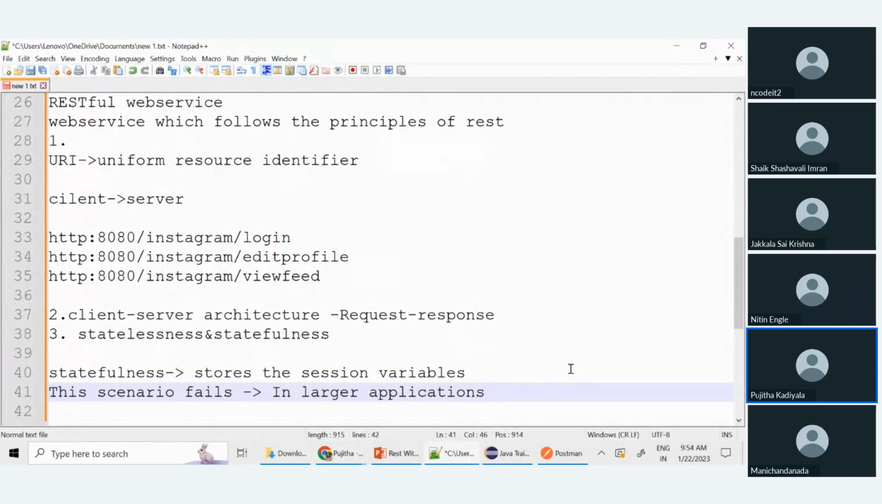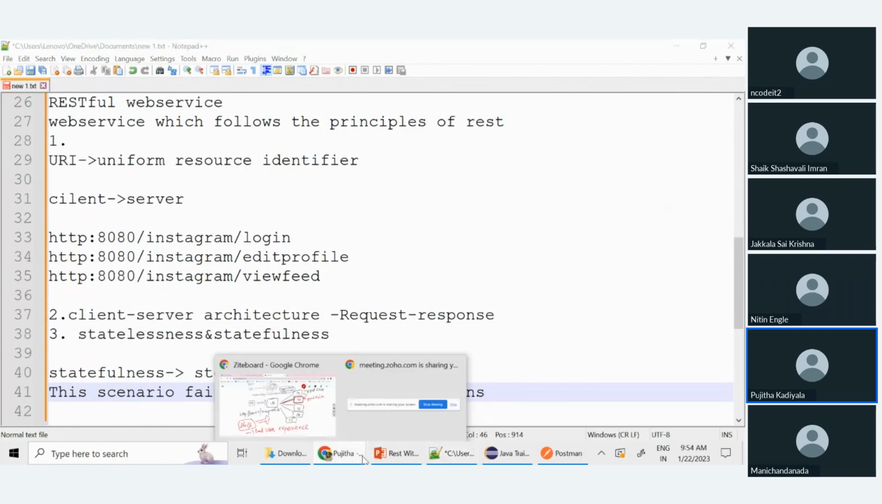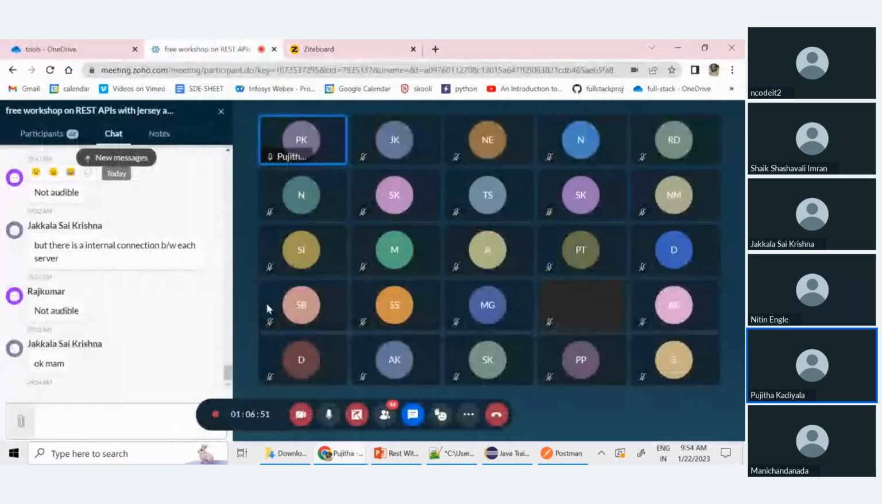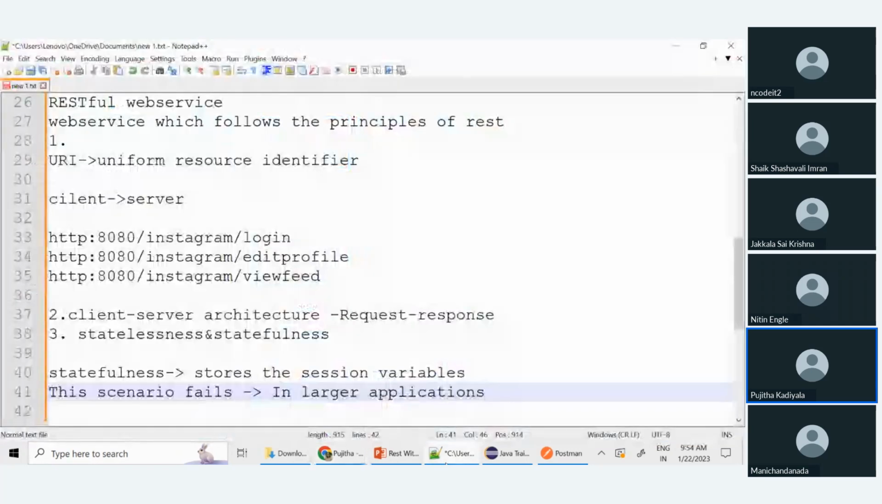Okay, so whenever this load balancing happens, multiple servers will be used. In that case, the scenario fails. Yeah, so this scenario fails in larger applications. Why? Because scaling is not possible. Scaling means